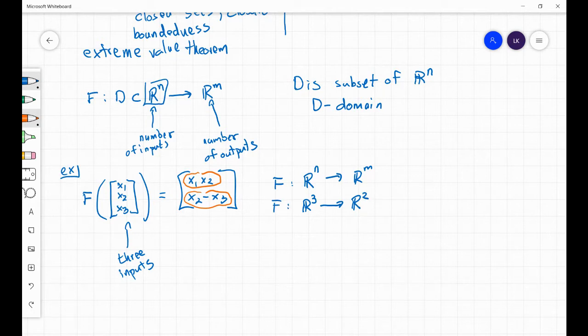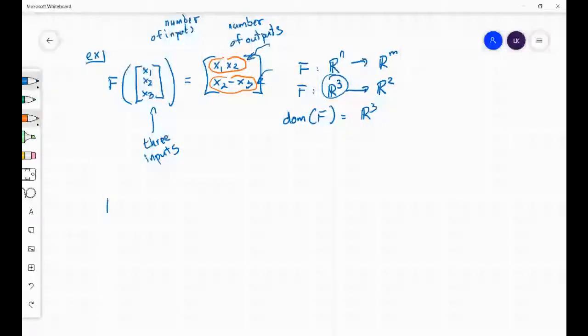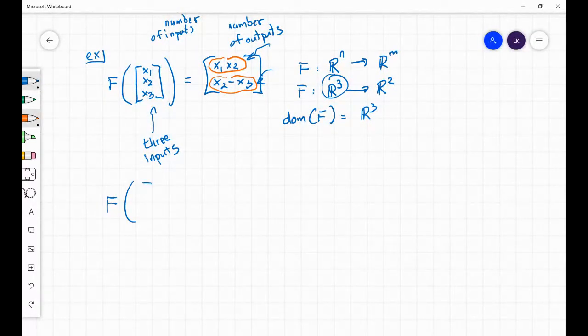So what is the domain of this function? That's right. So you can take any point in R3 and plug it into these 2 coordinate functions, right? And it's always defined. So the domain is just all of R3. Okay. As opposed to, like, if you have another function from R3 to R2,